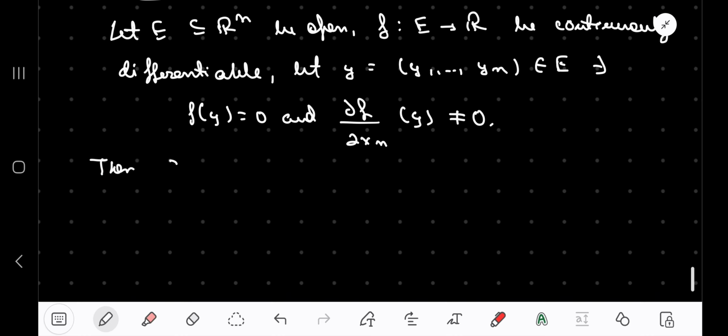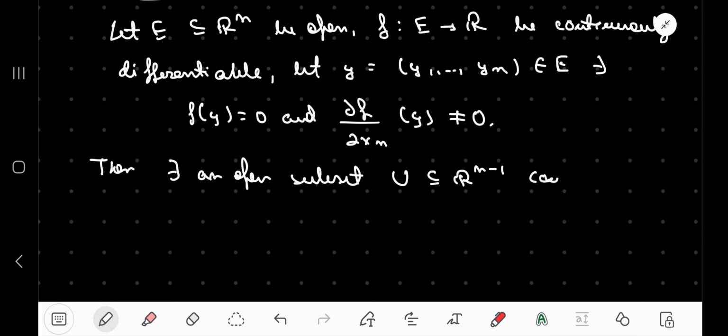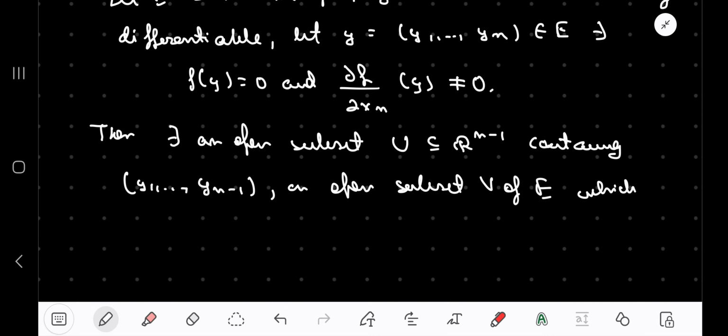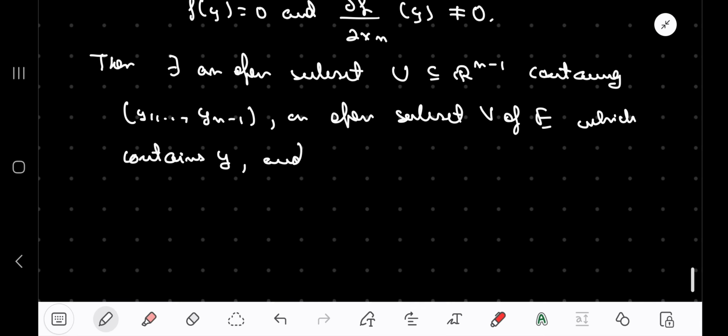Then there exists an open subset U in R^(n-1), containing the other n-1 coordinates of y, that is, y1 till y(n-1), an open subset V of E which contains y, and a function g from U to R